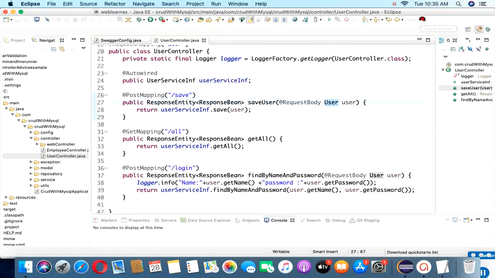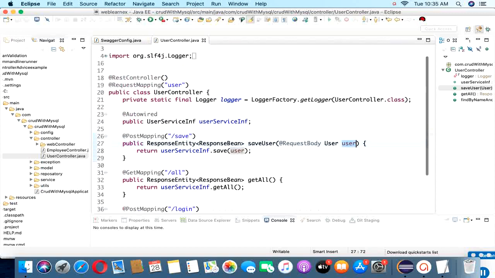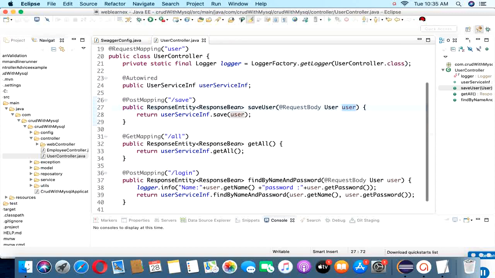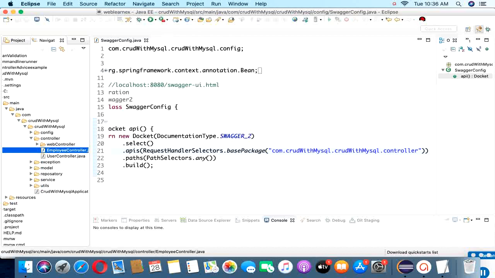In this method I am going to pass the user information to save to the database, and find all and login. So this is the basic CRUD operation with the save user controller. Let me show the employee controller. So in the employee controller